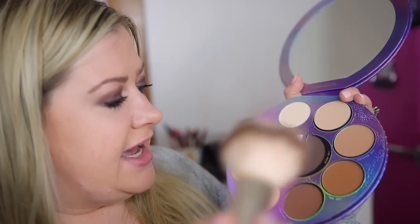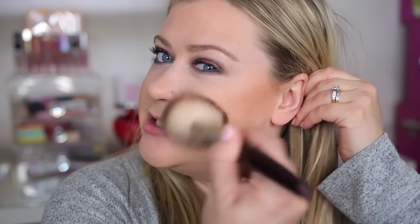I'm using my favorite BK Beauty 103 for bronzer. I'm gonna dip mostly into that and then do one little dab into the Tan Sky. Ooh, that looks good. So I'm really liking the shade and blendability of this face palette,